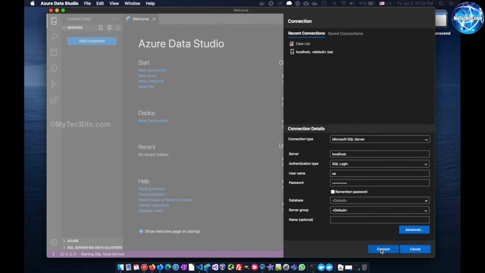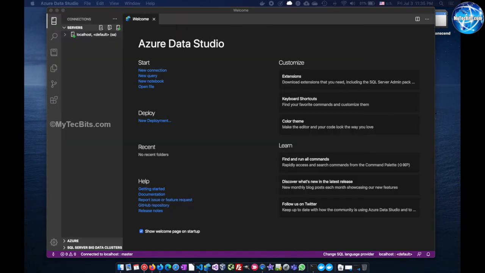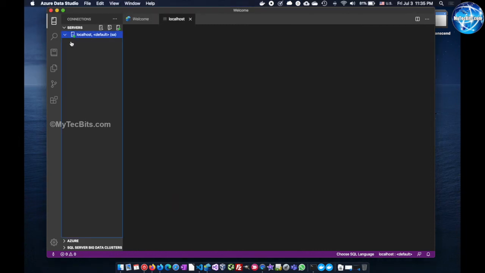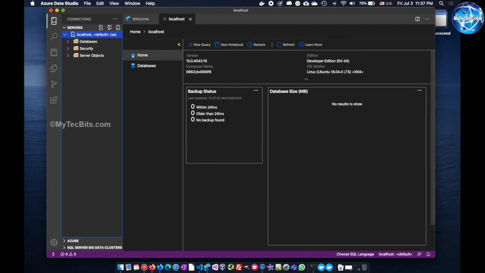Finally, press the Connect button. The SQL Server will be connected and you can see the details in the Connections panel and in the main panel. You can now create your database and play around.